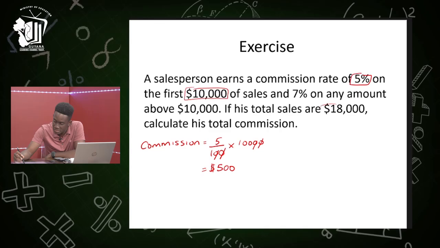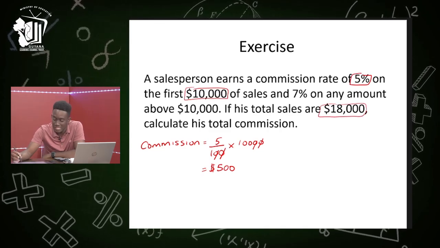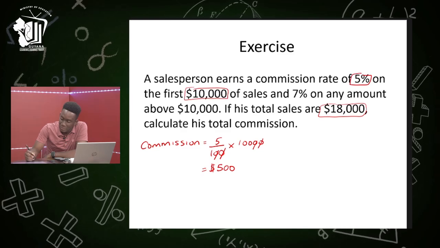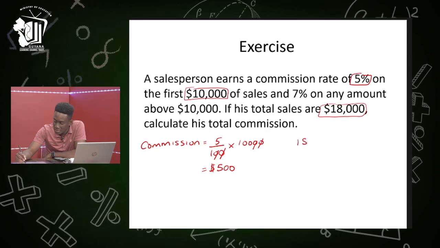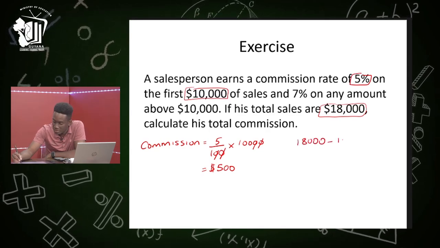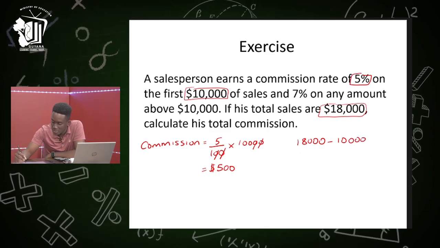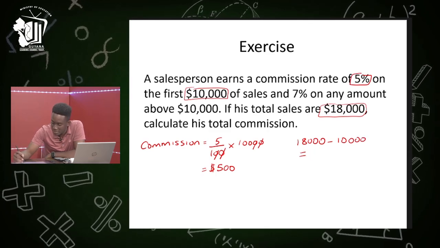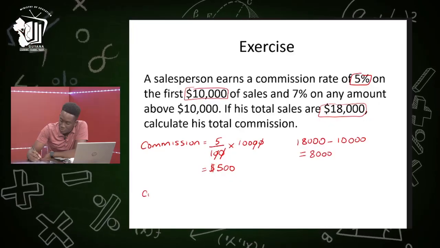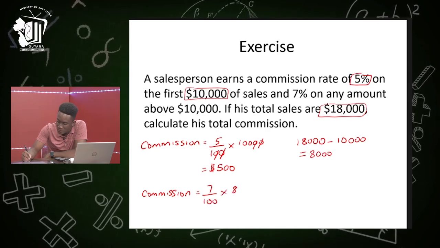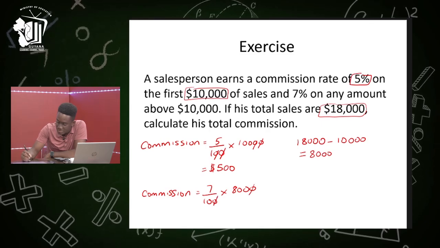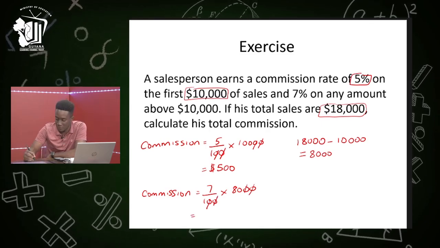So we saw that the total sales he had was 18,000. So we subtract 10,000 from 18,000 to get the remaining part above 10,000. This would be 18,000 subtract 10,000, and that will simply give us 8,000. So now we find 7% of the 8,000. So the other set of commission would be 7 over 100 multiplied by 8,000. So this 0 goes with that 0, this 0 goes with that 0. 7 times 80 would give us